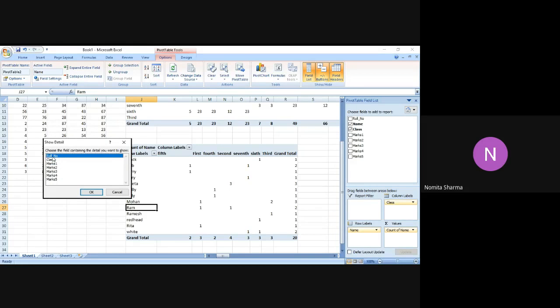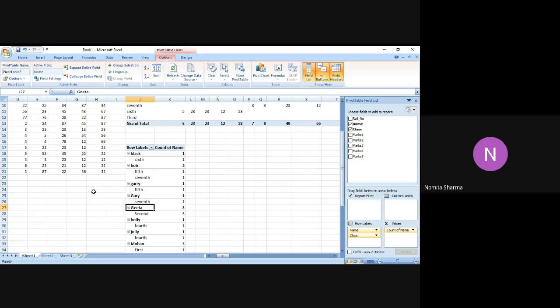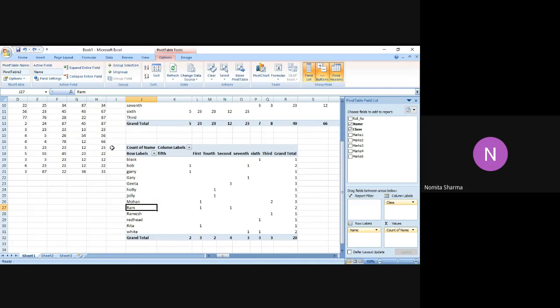and if I just make a choice, let me see what happens. So if I just say okay, you will see that only that particular column will appear. So that means the pivot table has a further option of giving further selection. I don't want to have this small table, so I go back to my original table since I want to work more on this table.